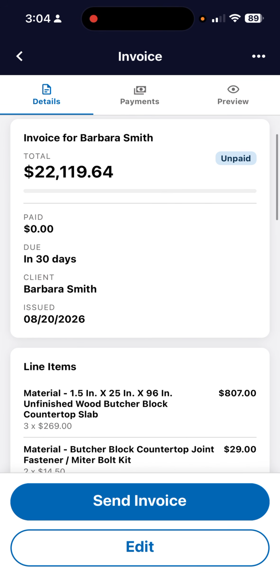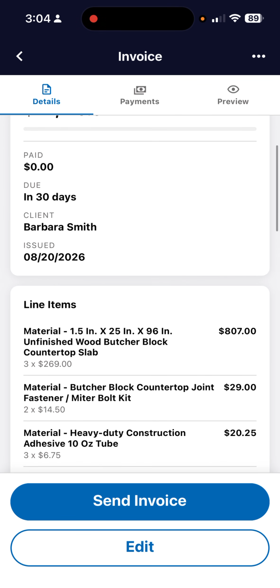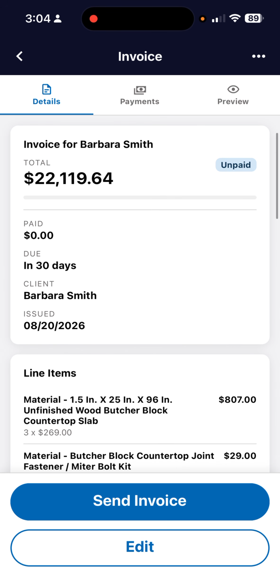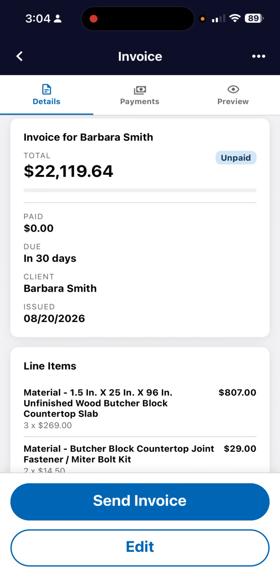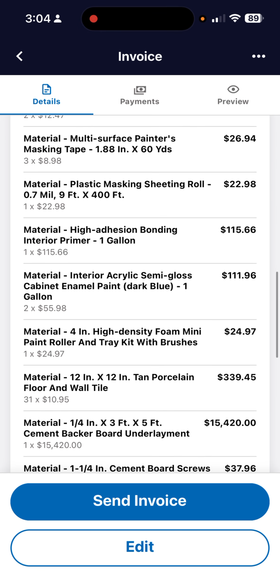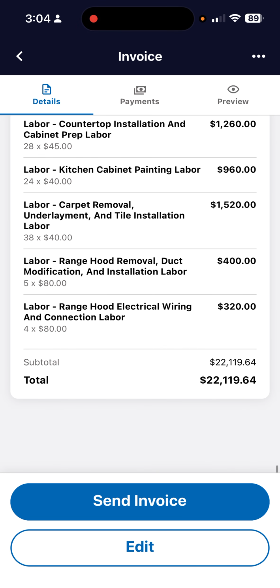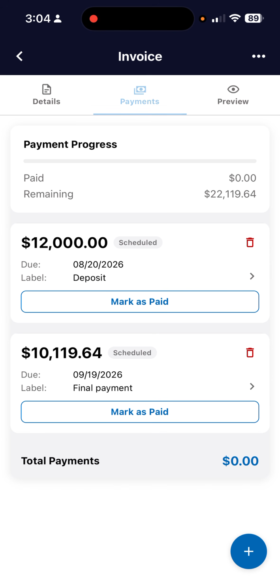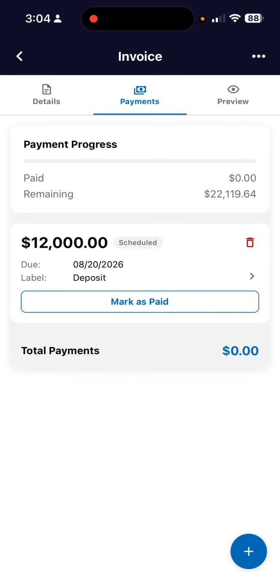And here it's going to bring you to your invoice screen. So this is the information that's going to be listed. It's listed as unpaid. You'll see that on the upper right hand corner there, because you haven't collected any payment on it yet. But it does show all of the details there. On the payment screen, this is set up in here because we had set up a couple of different payments, but let's say we don't need these. We can delete these out of here,